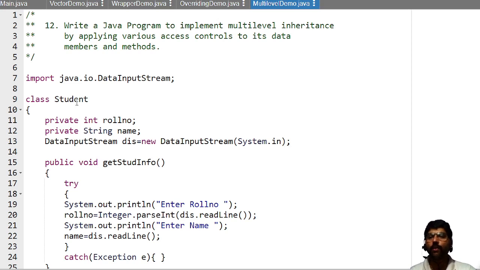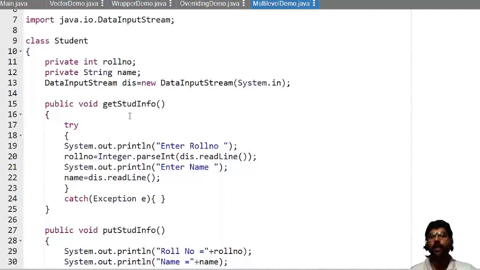Now in student we have two data members, roll number and name, and both are given private access control. Private means this roll number and name are available only within the student class. I cannot access these two data members outside the class.